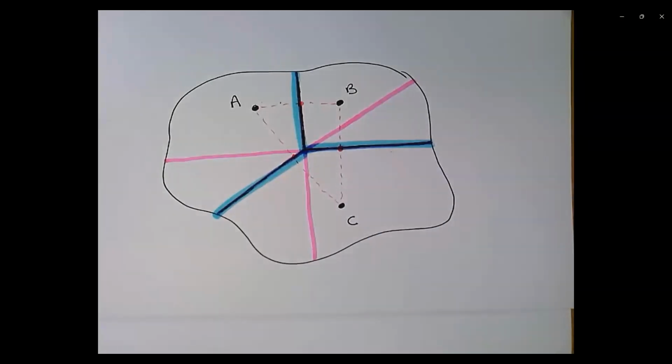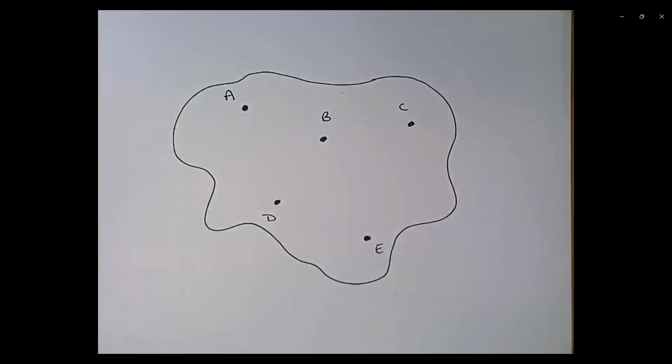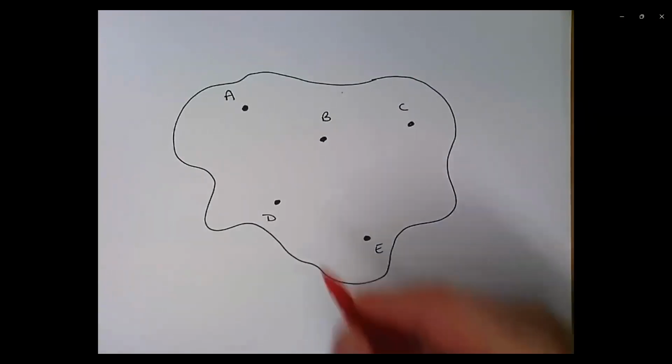So now you can see that it got much more complicated, or at least significantly more complicated, when we went from 2 points to 3 points. Let's try one that has 5. What I'll do to try to make this one a little bit clearer is not to include all of the lines, but only the ones that are actually important.